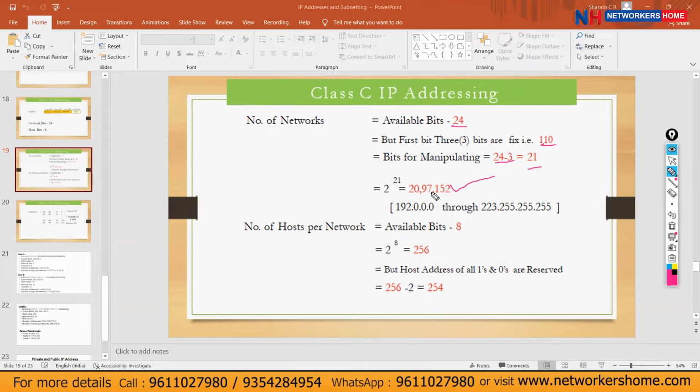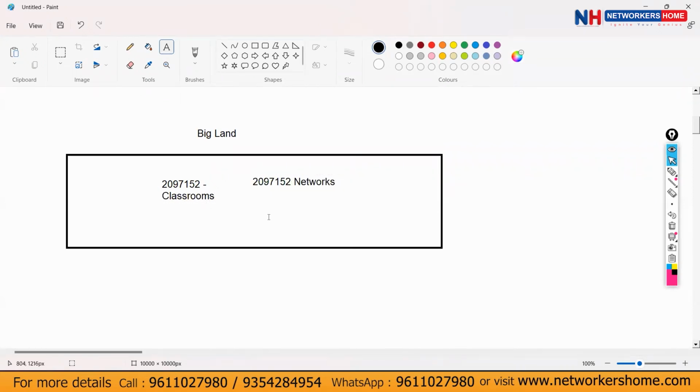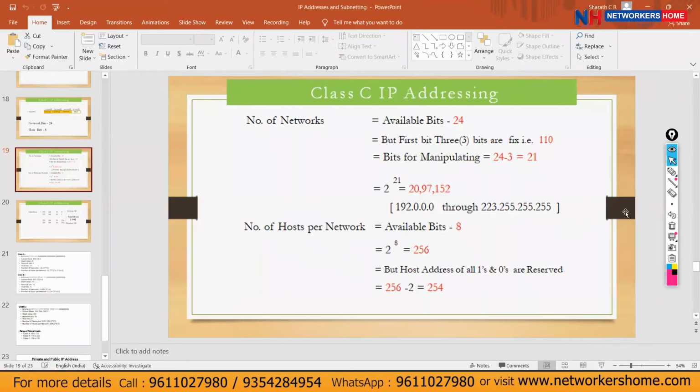So we can create these many networks or classrooms: 20 lakhs 97,152. Correct? Hosts per network: how many do we have? 8 bits, so 2 power 8 is 256.